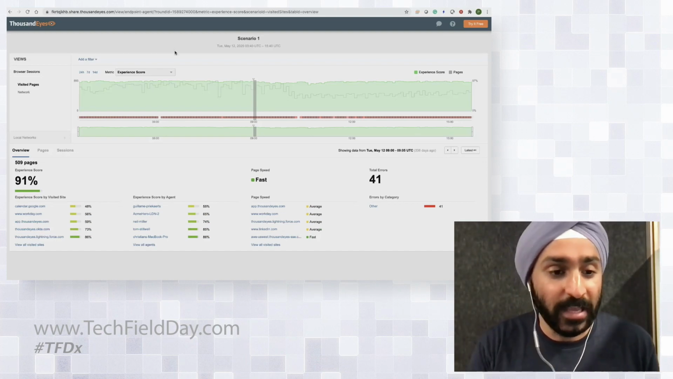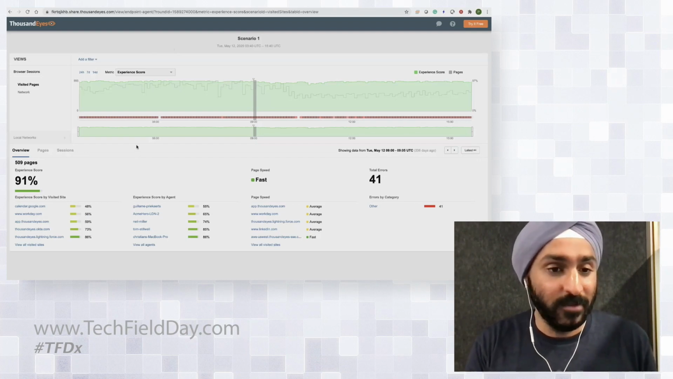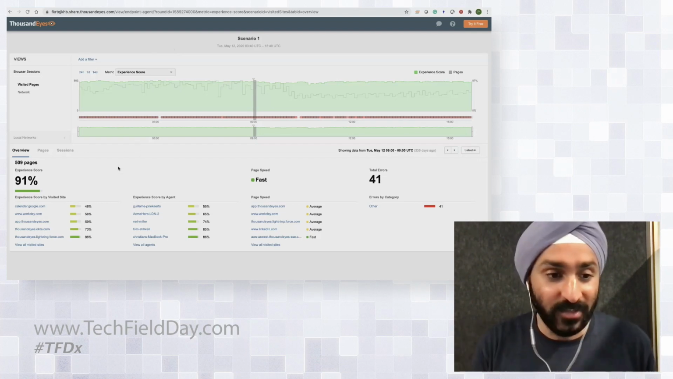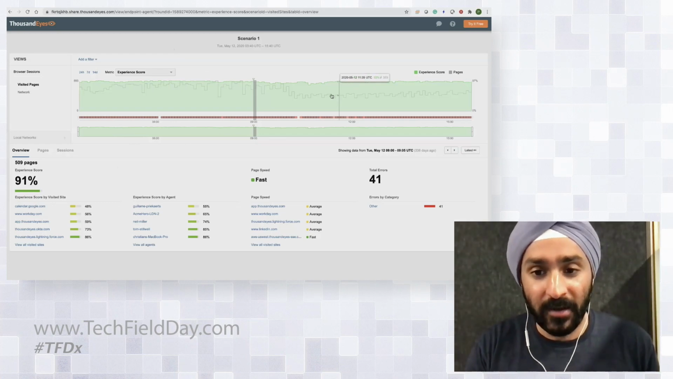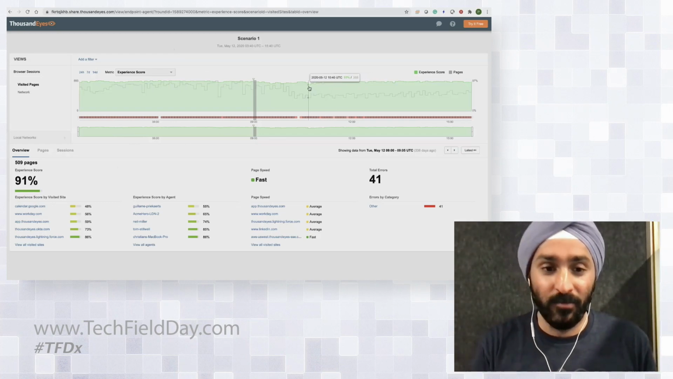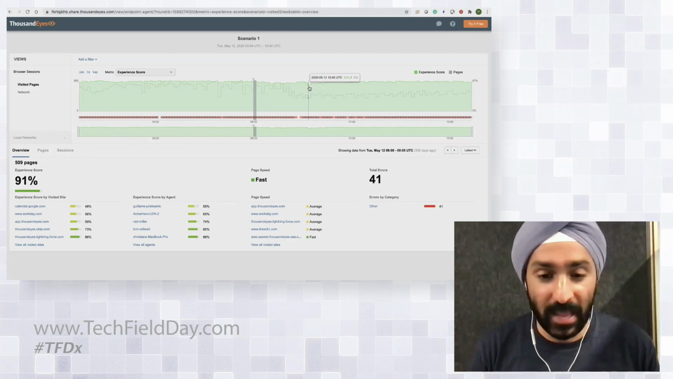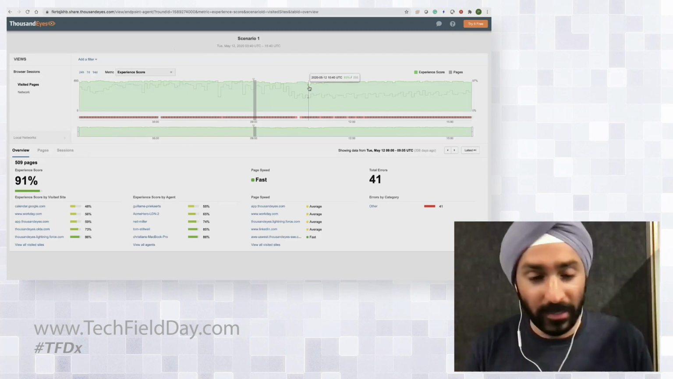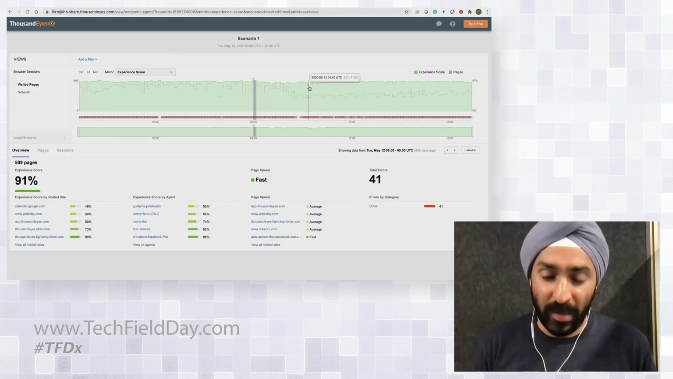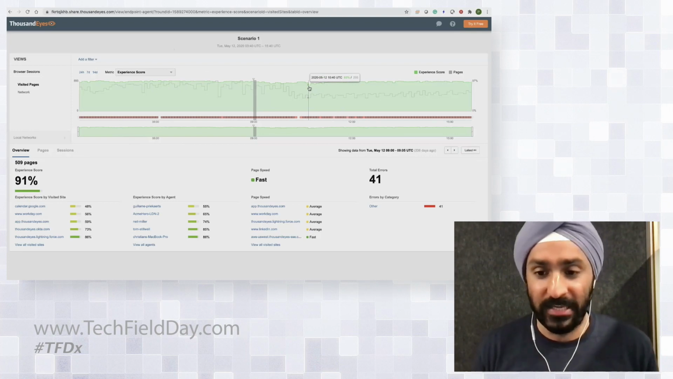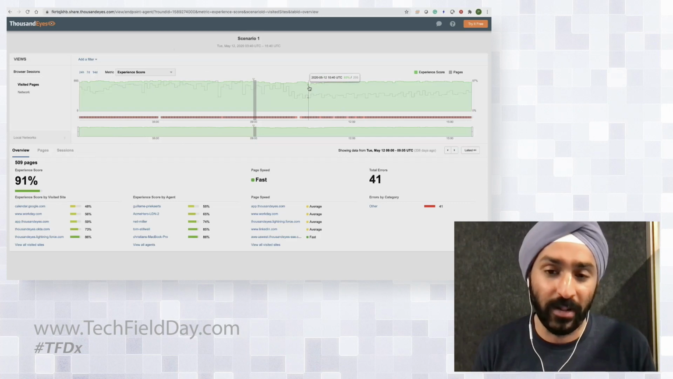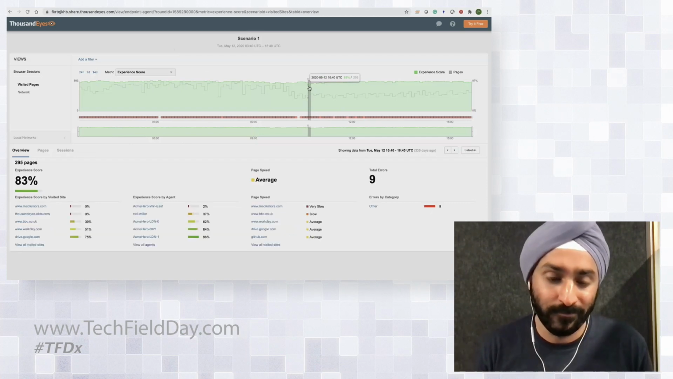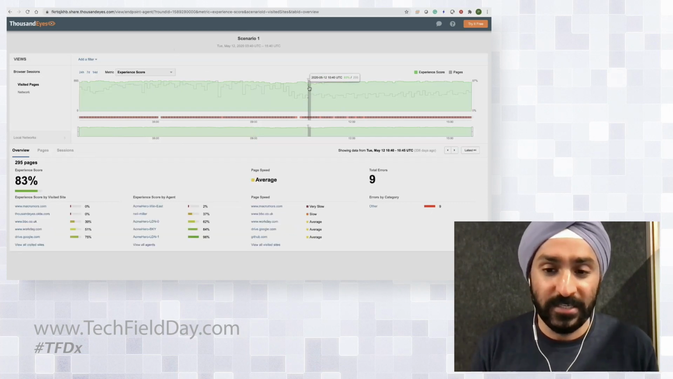In this case, what I'm looking at is my employee base accessing a set of applications that I care about. I noticed a dip in what we call the experience score, which we capture by looking at various things like page load times, network latency, and local network performance, and have devised this score to help you understand overall performance. And the idea here is